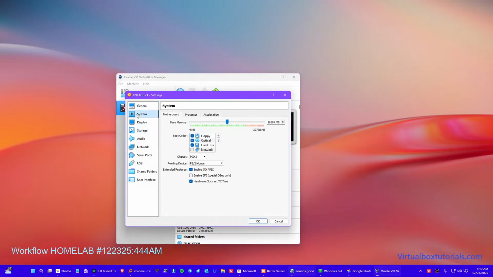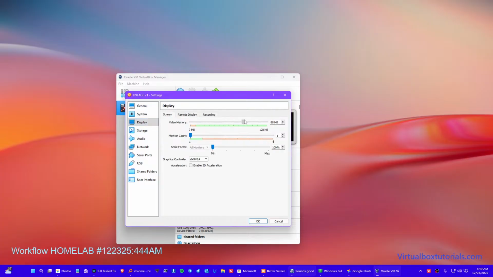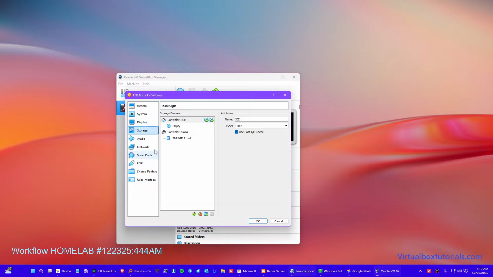Into the settings, go into the system, uncheck the floppy, check the processor. I'll bump it up to 2. I guess enable those features, I'm not sure. Display, bump it up to 128. Storage is going to be,